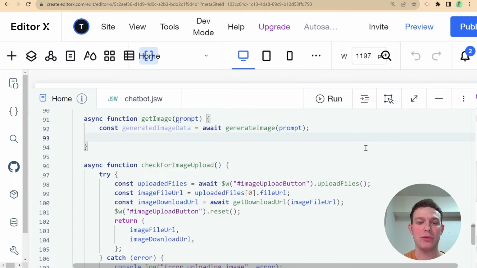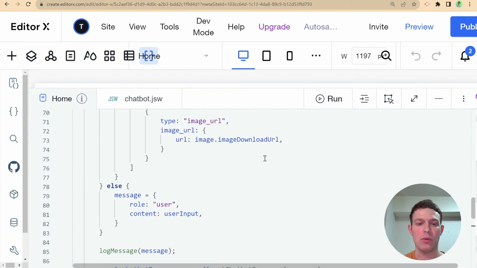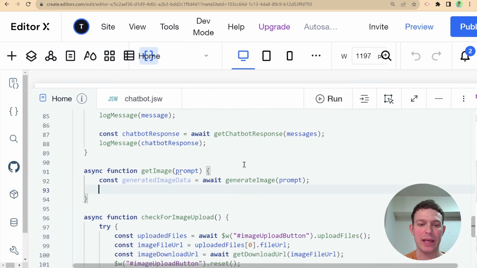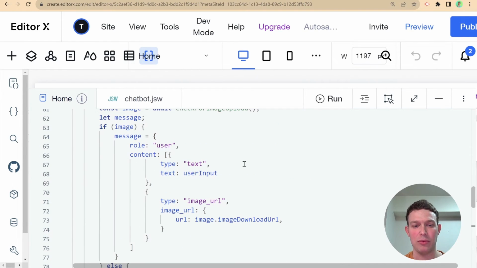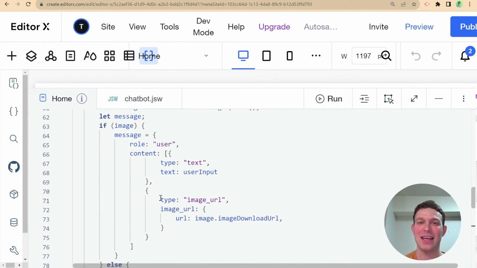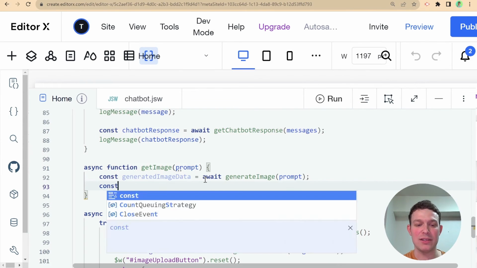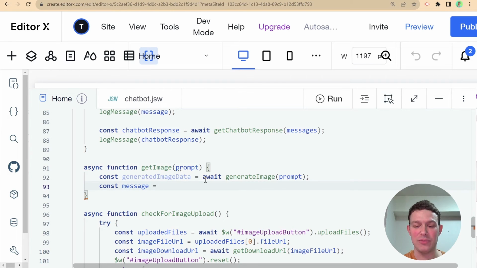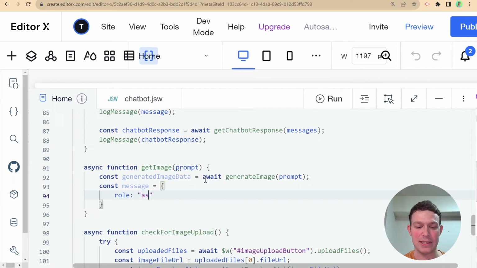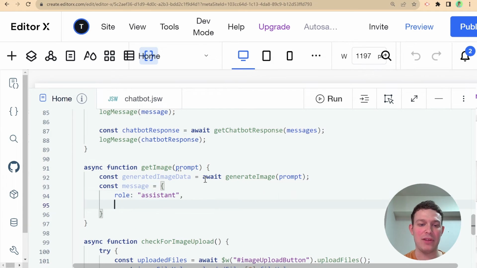And then once we get our generated image back, we are going to want to create a message that is similar to the other messages that we have generated. Previously, again, if this is not making any sense to you, go back and watch the other videos. But basically, our messages are structured like a chat completion message, so they will have a role and content. So here, we are going to say const message equals, and here we're going to have role, which is going to be assistant. And we're going to have the content,